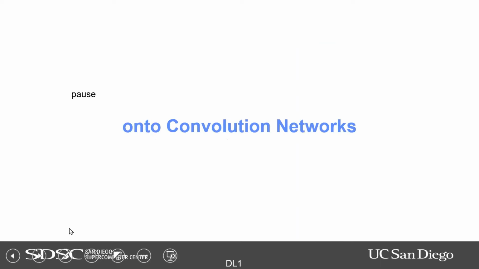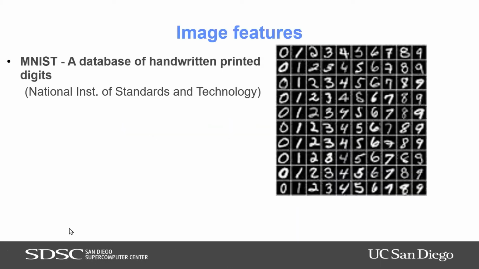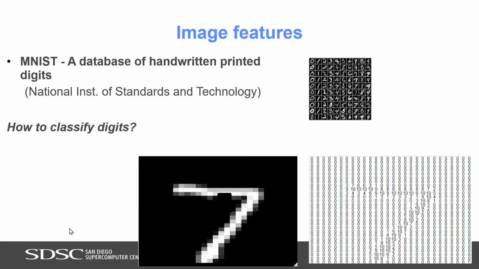All right, so convolution networks. Again, the MNIST problem is kind of the hello world. It's typically applied to image processing, but you can use it for other kinds of spatial temporal problems. There is a database called the MNIST database. It's been around for a long time. It's a database of digits, and the main task is, how do we classify digits? So I want to zoom in on an example, and we'll go through what the convolution network is about.